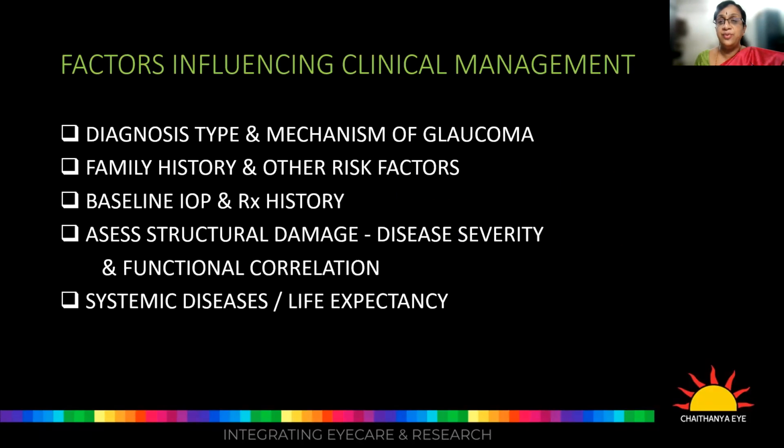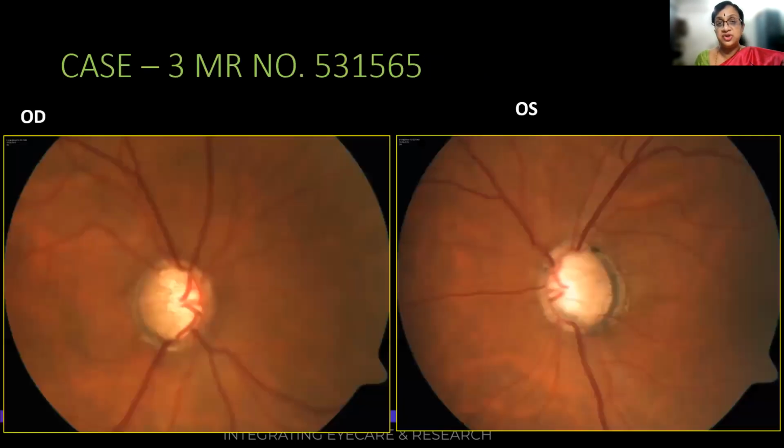So factors influencing the clinical management in glaucoma, apart from the two mentioned here, the others being risk factors, especially the family history, and the structural functional correlation of the damage and function, life expectancy of the patient, and systemic comorbidities that the patient has. All these influence the management protocol. The next patient also has large cups, but it's a middle-aged patient and he is an uncontrolled hypertensive